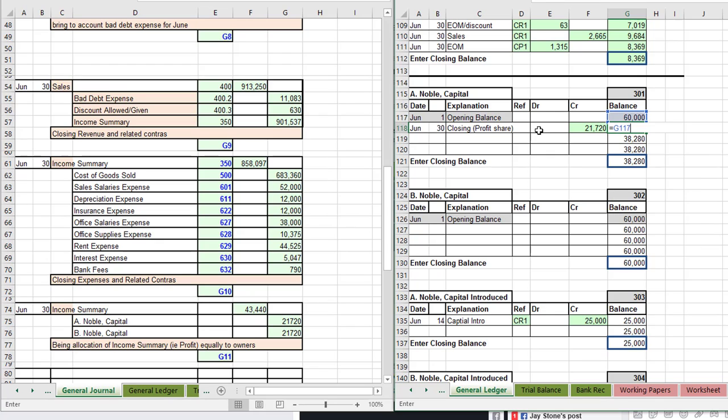Cell's locked, so I've got to find some way around it. Minus any debits plus any credits, and now we can fill that down, and I'll copy that from there and put it into B Noble Capital, and now B Noble Capital will copy this across and